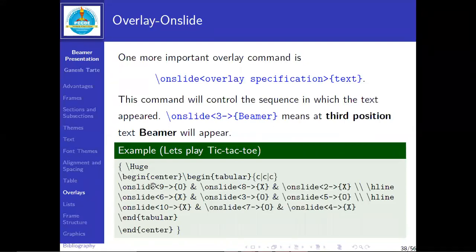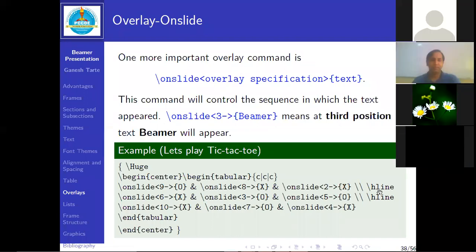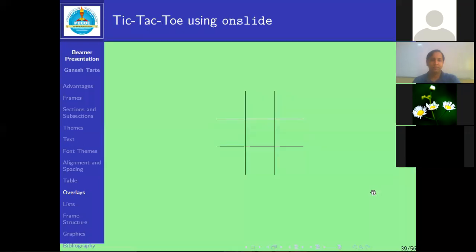So here is some code. Firstly we use the huge command. We already know that huge means the output is a little bit bigger, with a greater font. Then begin center, end center is just align center. Then begin tabular and end tabular means we have a table with 3 columns, c c c, and 3 rows. The middle column is in between 2 vertical lines, and the middle row is also in between 2 horizontal lines. So it looks like a hash sign. So this is my output for the table.